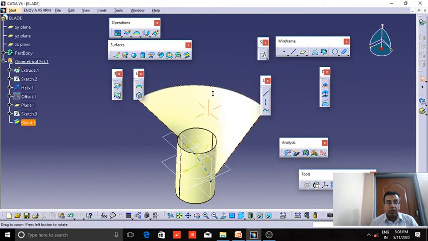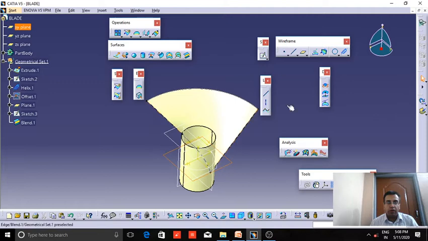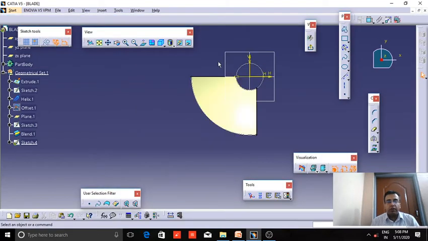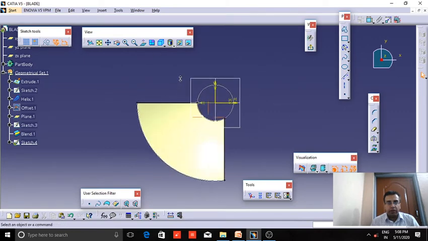Now the next step will be to round the corner of the blade profiles. Again for that we have to create a sketch. So as usual first I will take the projections here. It's very important.